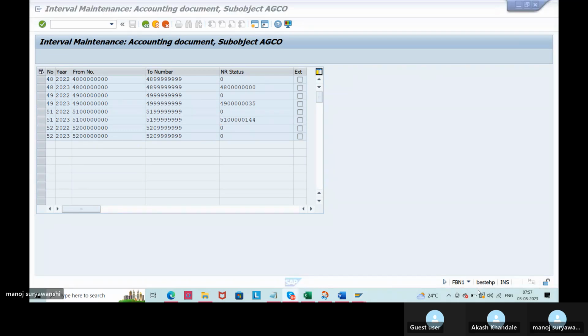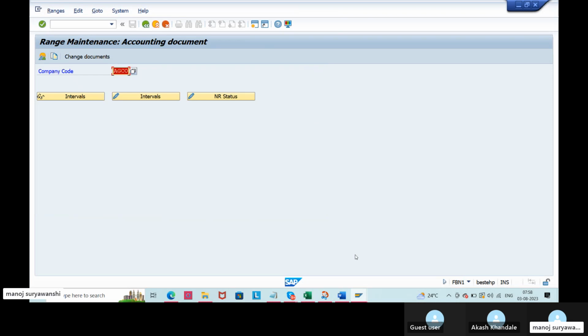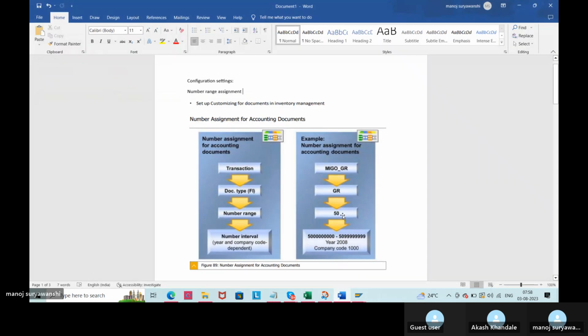Understood? Yes, sir. And you can use the transaction code FBN1 directly. Okay, instead of going to this path, the transaction code that can be used is FBN1 for accounting document number range assignment. Now the next is